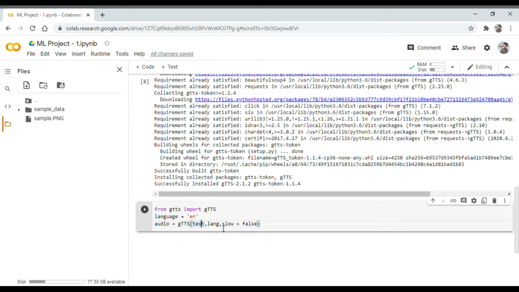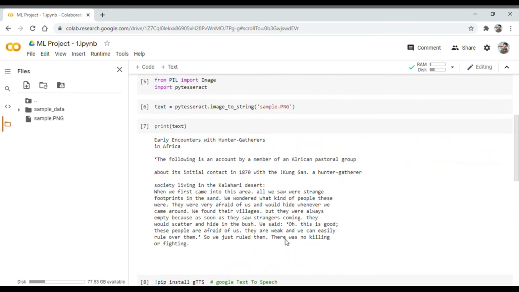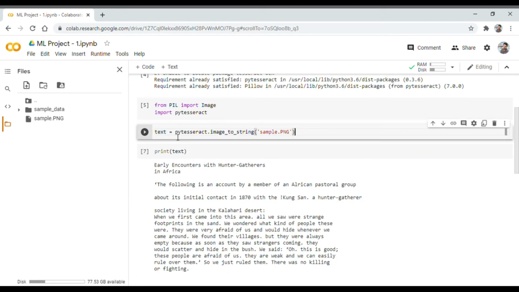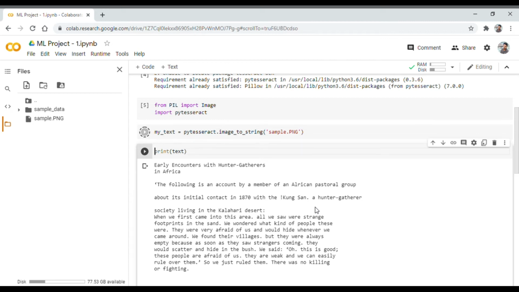Language equals to language, which refers to this one, en, English. Lang equals to language, which refers to English, and the text is stored in here. Let us keep it as my underscore text.